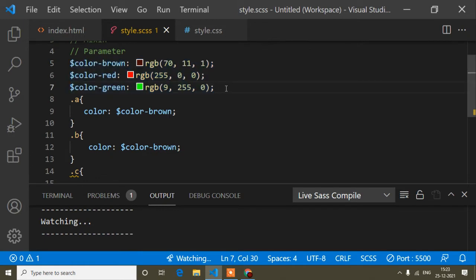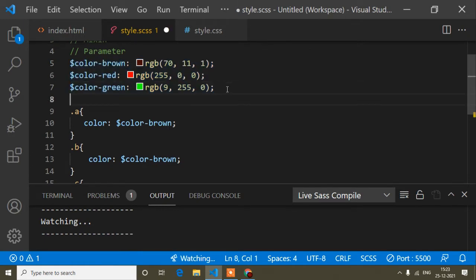In the same way, guys, you can define a variable for anything, like font size. The variable name can be anything, but remember you have to write the dollar sign before it. So $font-size-20, and here I write 20 pixel.